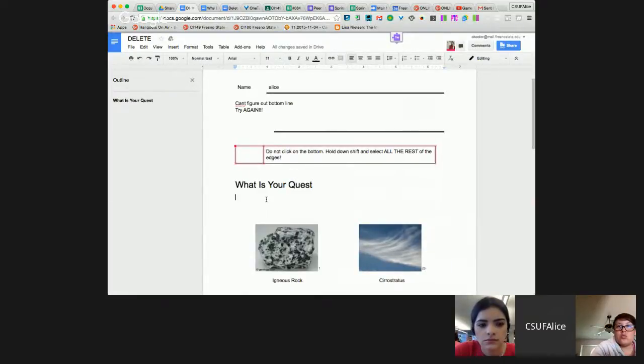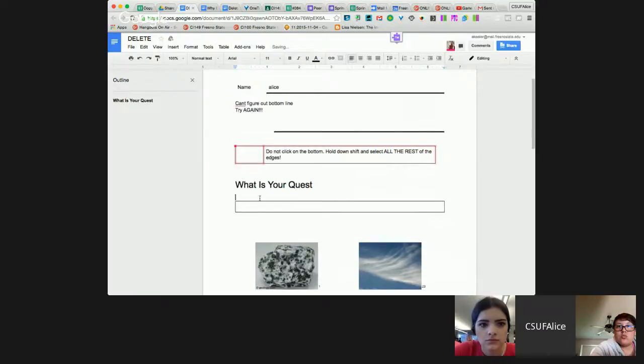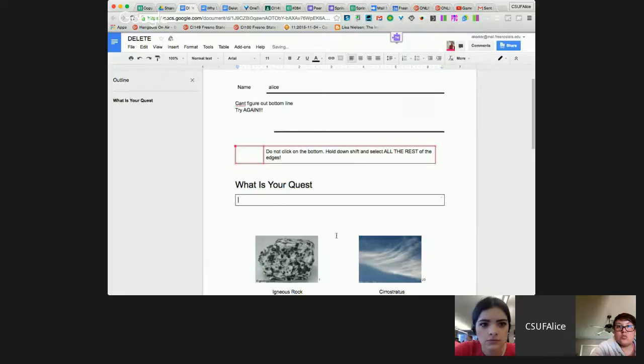But then underneath it, what I'll do is I'll put a table, and I give the students a box to fill in the answer. So I just insert a 1 by 1 table. So this is how I make,